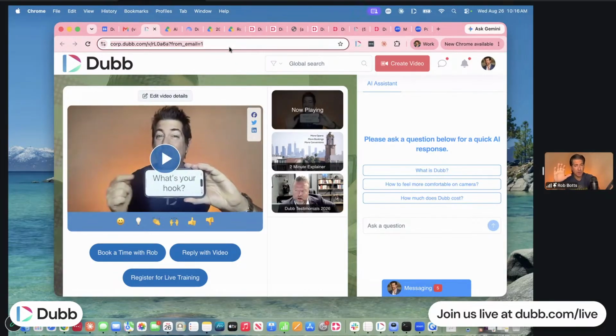Now, when you go from a free trial on Dubb Studio to a paid plan, whether it's Pro or Pro Plus, the first thing the team will do is meet you in Zoom for an optimization setup. They'll help you set up the pages, the buttons, everything ready to go so you can get moving right out of the gate.